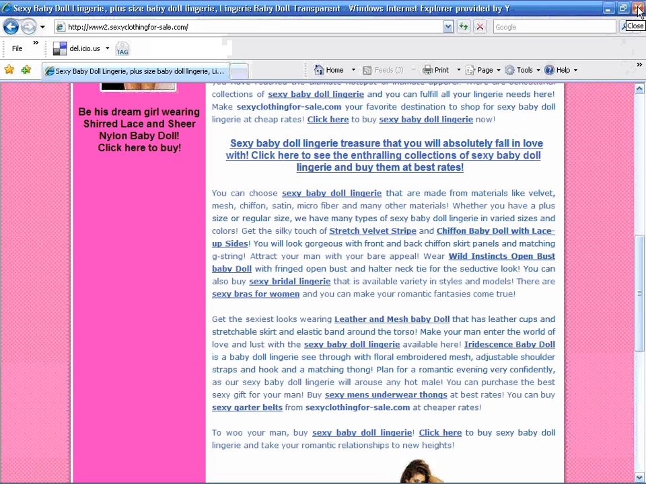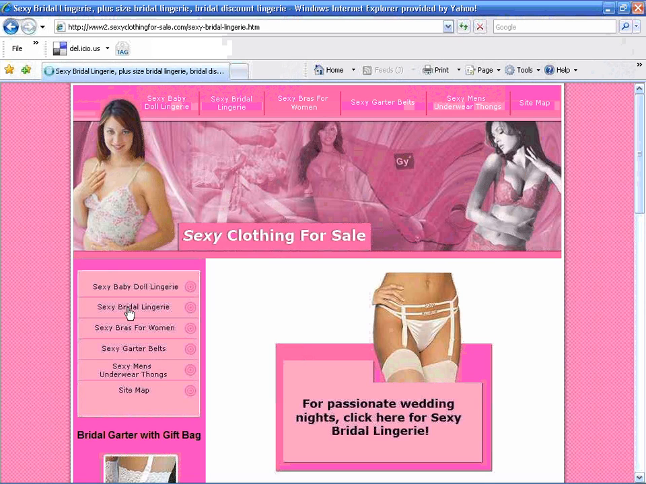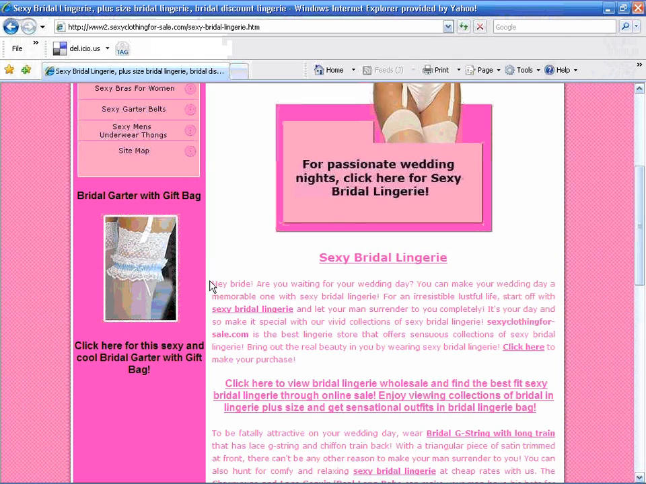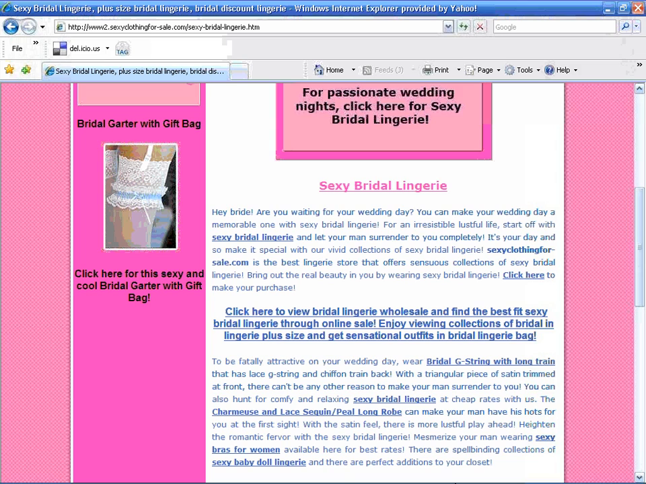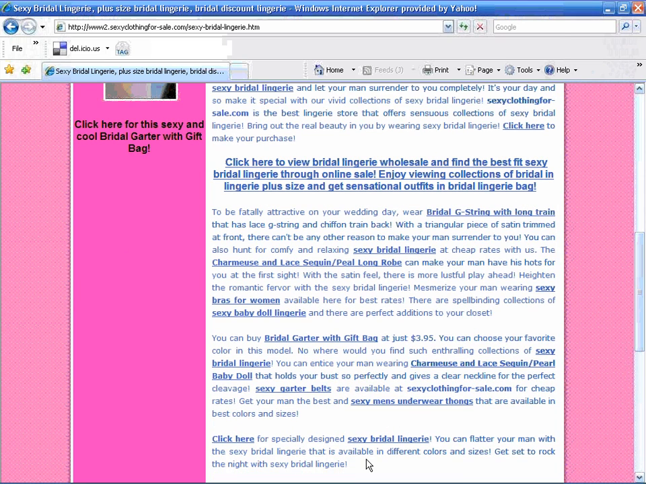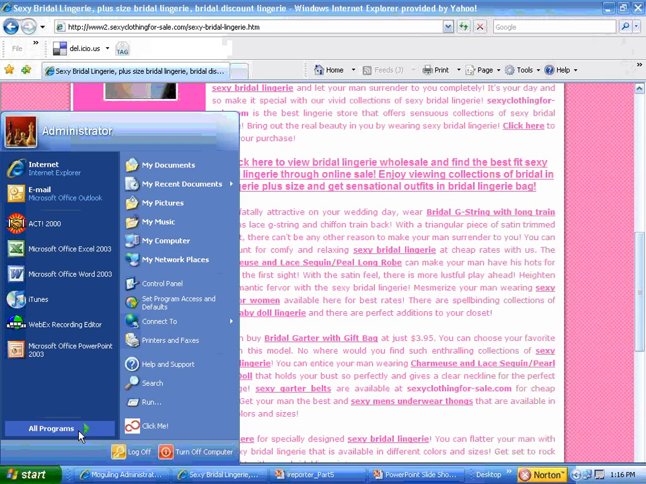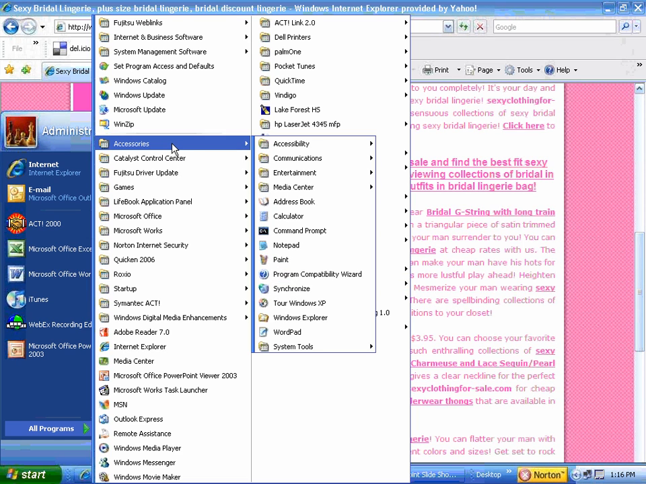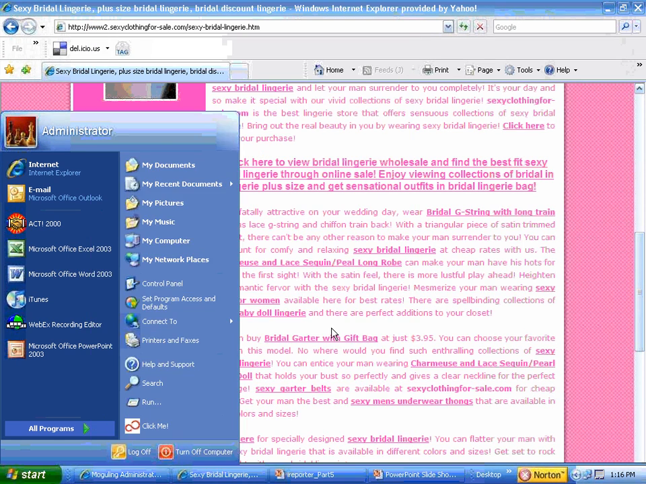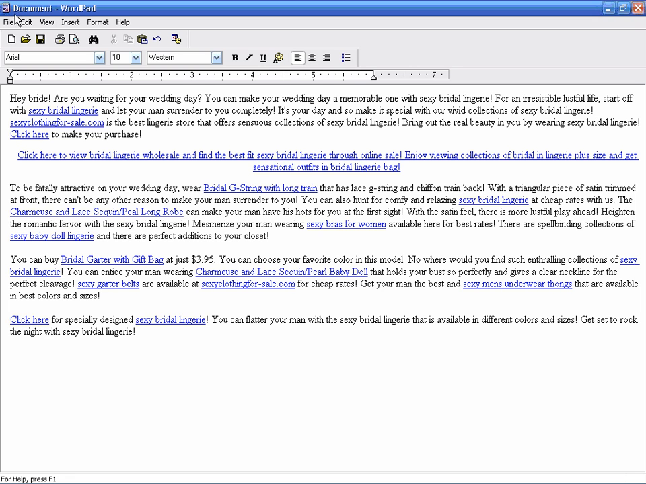So go ahead and click out of there, and now I'm going to move to the next page, which is titled Sexy Bridal Lingerie. So I'm going to click on that and grab the content again. Grab it all. Now I'm going to right-click, copy, go to my WordPad document. I guess I shouldn't have closed out, but I did. For those that don't remember, it's All Programs, go to Accessories and WordPad. Launch that there, right-click, paste,